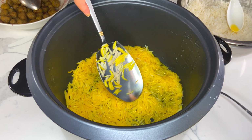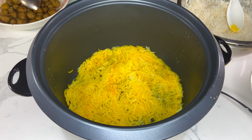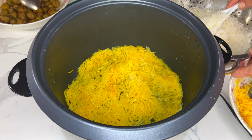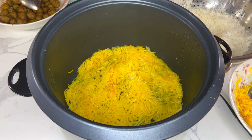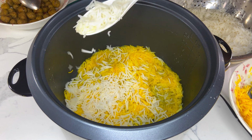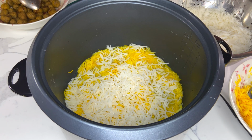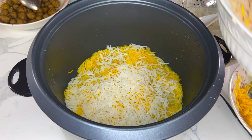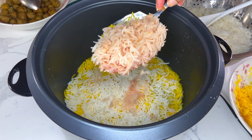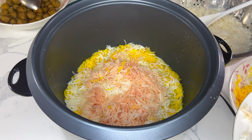Begin layering your ingredients in the large pot, which include saffron rice, white basmati rice, sour cherry syrup rice, meatballs, and cherries. Repeat this process until all of the rice, meatballs, and cherries have been layered in the pot. Next, cover the pot and allow the rice to steam over a medium-low to medium heat for about 30 to